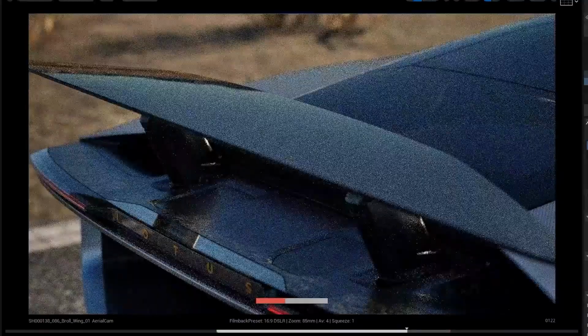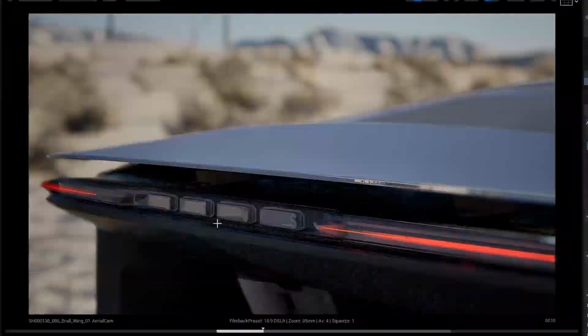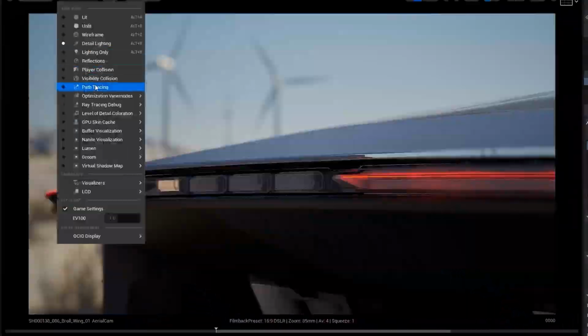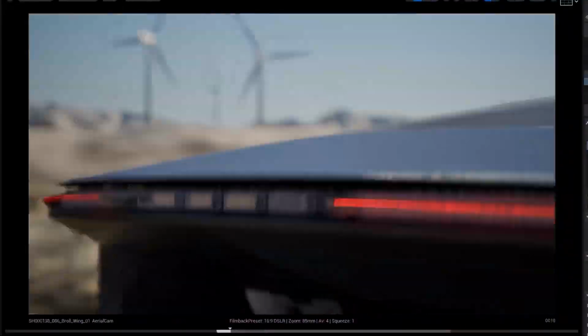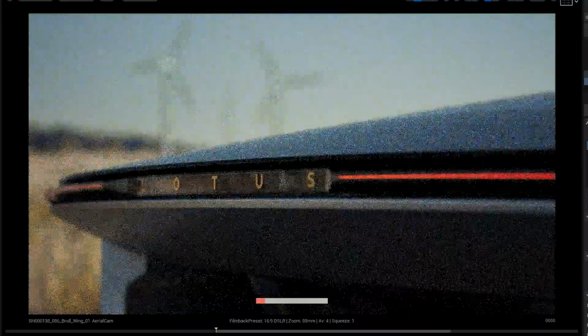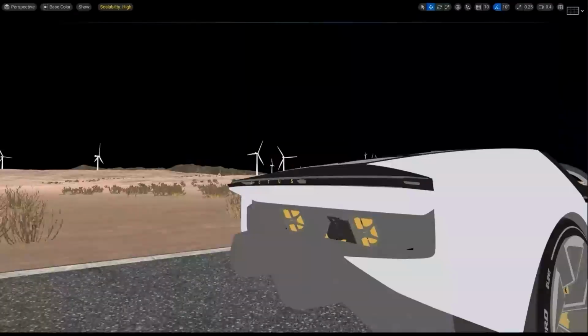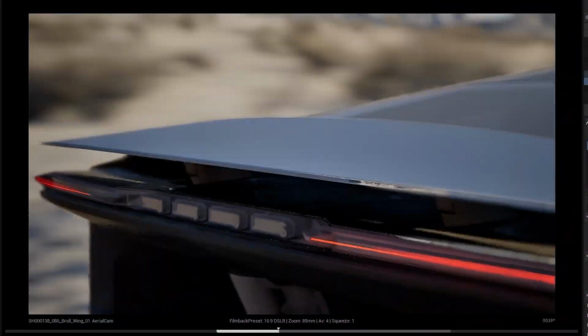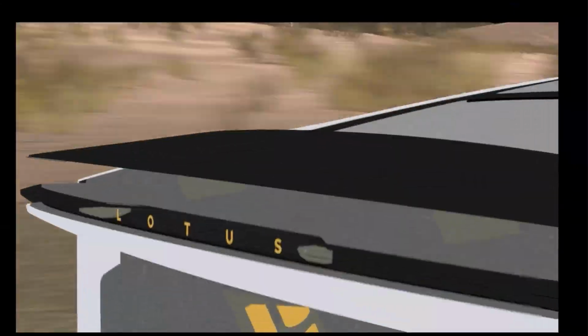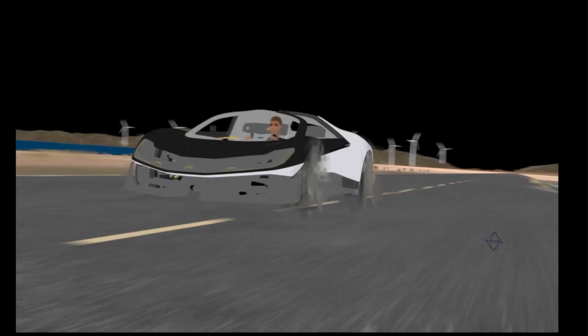So I'm just cycling through different view modes in Unreal, covering the shot setup in sequencer for one of the spoiler shots. So that's all done in sequencer, and we switch between deferred rendering and path tracing, because that's what we normally use for the final renders. And yeah, we can make changes, all in editor.